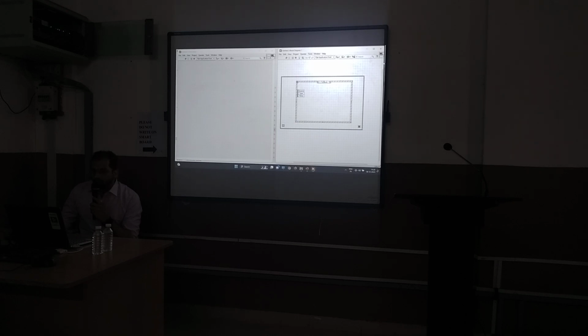Okay. So now I am going to create one indicator on the front panel and name it iteration count. Wire the iteration count to the iteration terminal of the while loop.